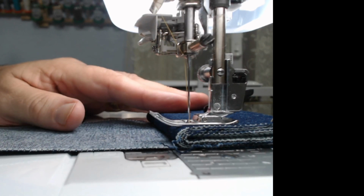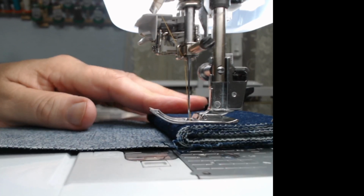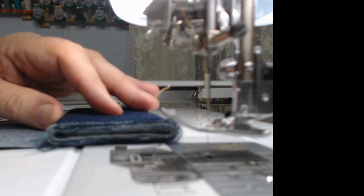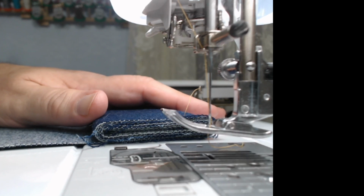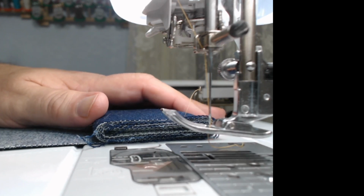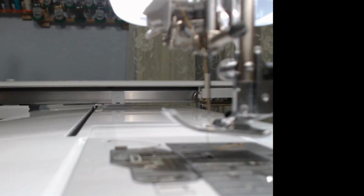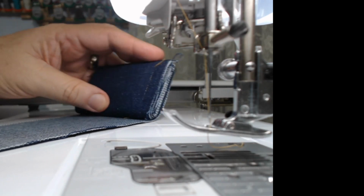So, but did it sew it? Yes, it did. It really buried the stitch in it. I don't know if you can even see that on camera. There's the back of it. So, 13 layers of denim. How about we see if we can do more, though? We always want more. We're going to do,